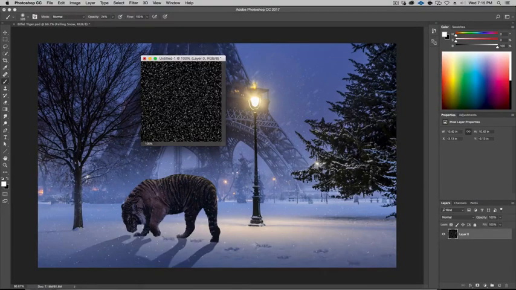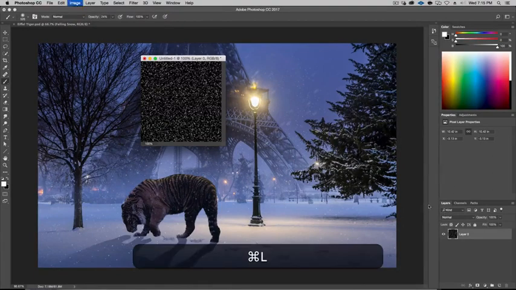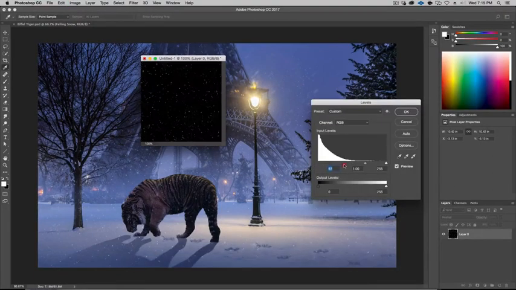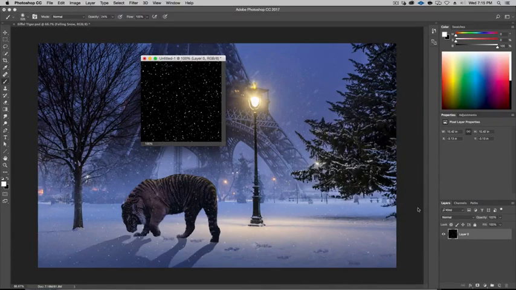It's not bad. Kind of like that. Maybe a little bigger. Let's try bigger. Or let's see. If I hit Command L and I darken to get rid of my snow, actually it's pretty perfect. This is exactly what we need. Perfect snow. Okay. Bring it a little more. Something like this. I don't want too much. I like the variety, so that's good. Something like that. Okay. All right. Hit OK.